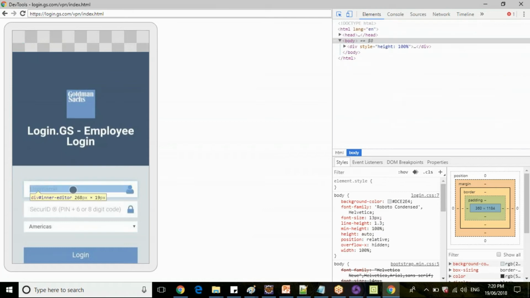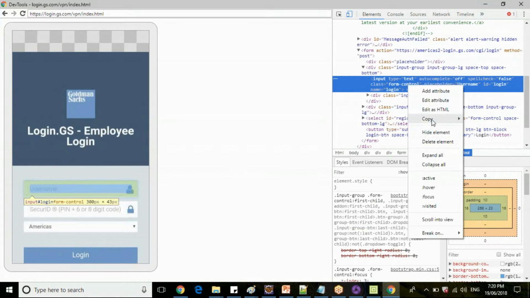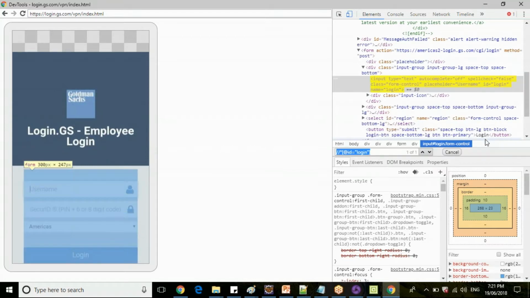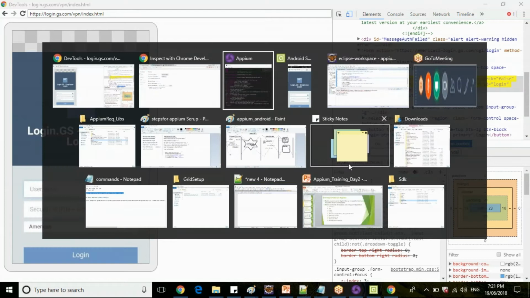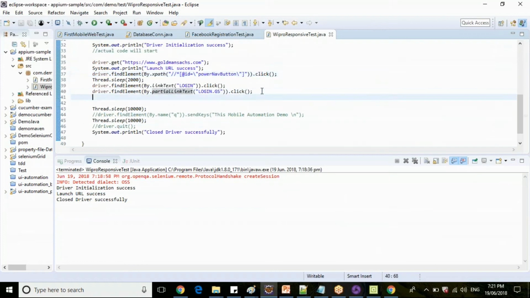Copy this XPath for username. This is the input text. We have type, class name, name, or ID. So let's identify the XPath. You will get a unique XPath from these attributes. So ID equal to login. Just type here.